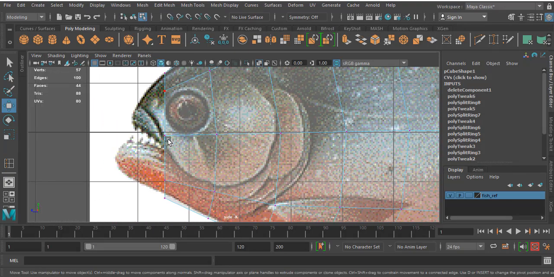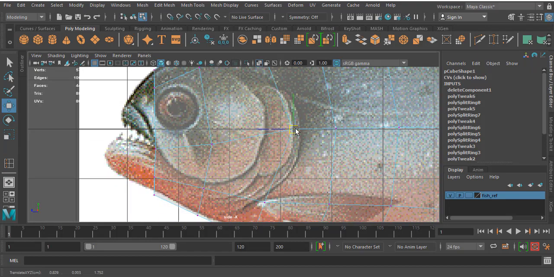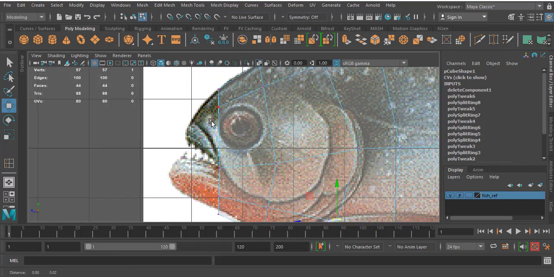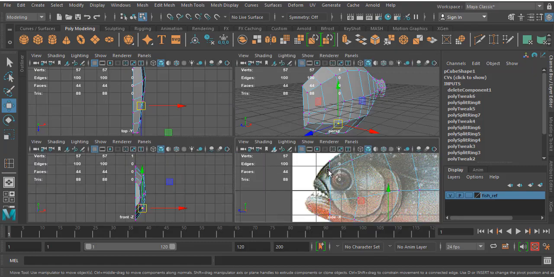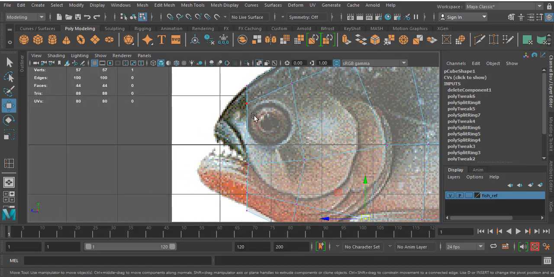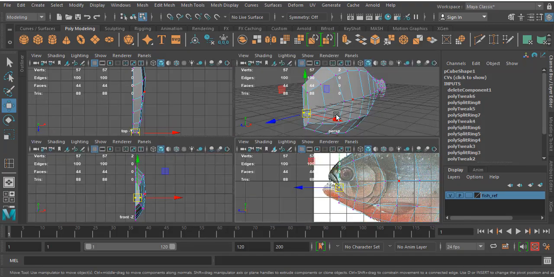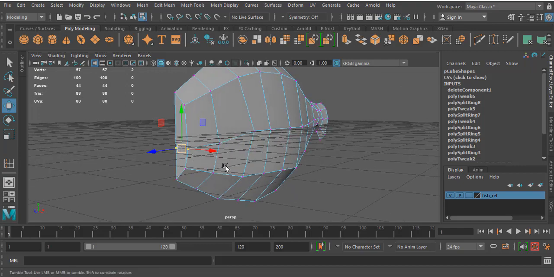Okay, now what I'm going to do is select this area and remove this portion. First thing, I have to create the upper jaw. The only thing is the center division is available like this only.